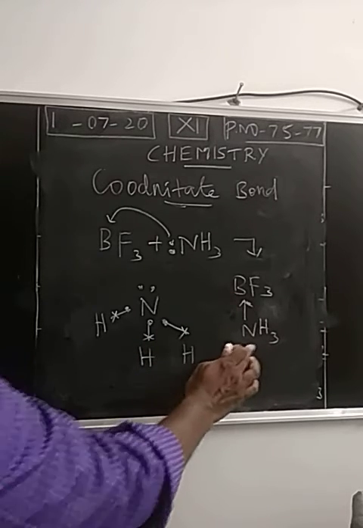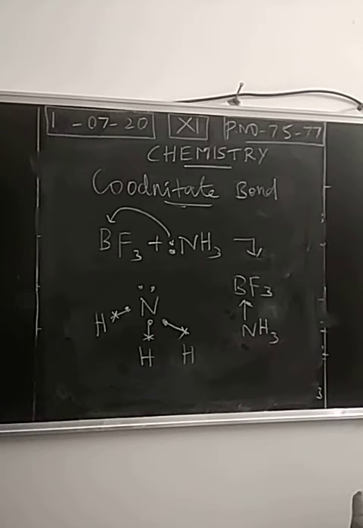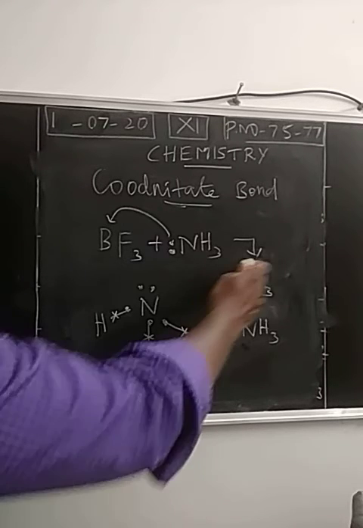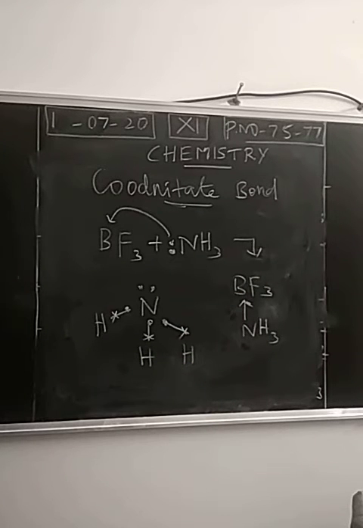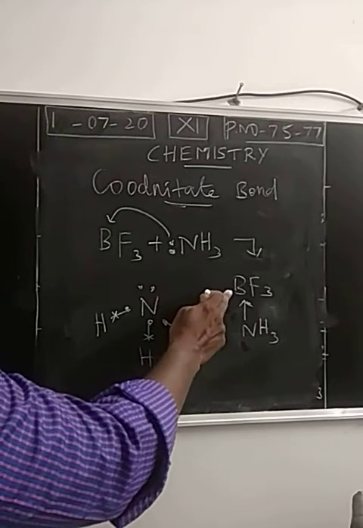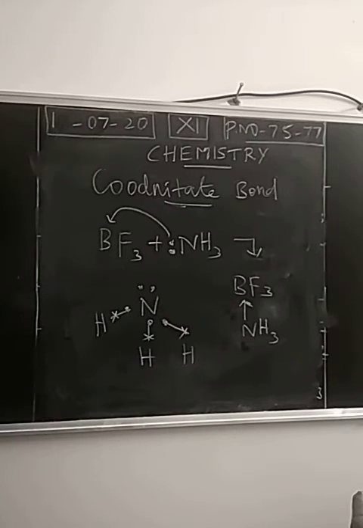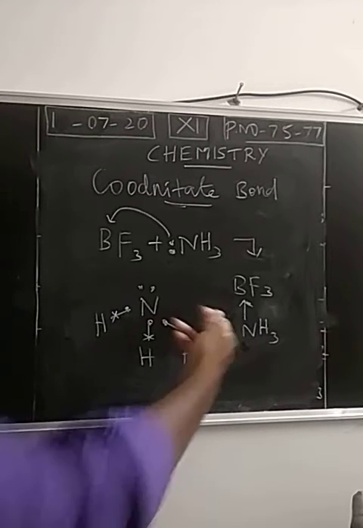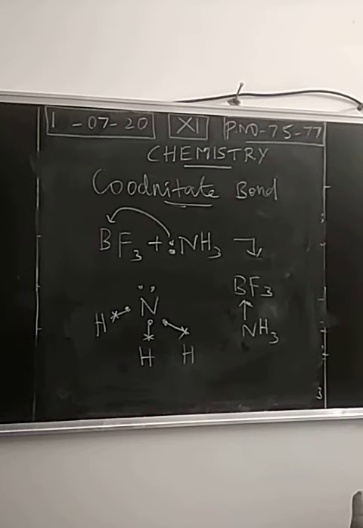So this is called a donor. The ammonia molecule is behaving as an electron pair donor. This boron trifluoride is acting as an electron pair acceptor. This is the donor atom in the molecule. This is the acceptor atom in the molecule. So why do we have to use an arrow mark to represent a coordinate covalent bond? By observing the arrow mark, you can easily identify which is acting as donor and which is acting as acceptor.